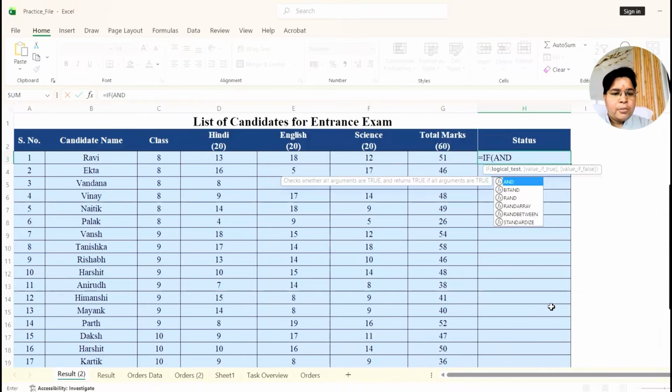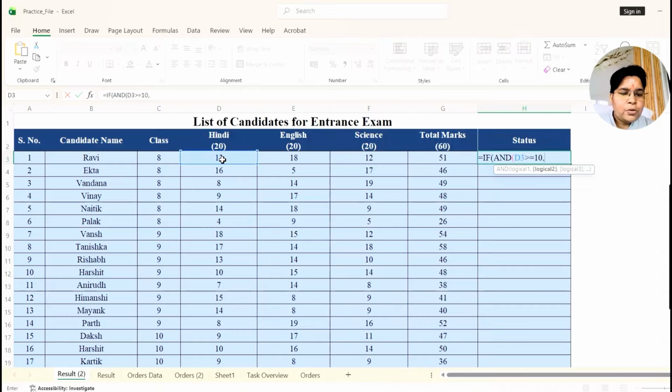So for using 3 conditions on Hindi, English and science, we will use the AND function. Then start the bracket, then the marks of Hindi start from D3, and the condition is that the D3 marks are greater than or equal to 10. Then use a comma for applying the second condition. The second condition we will implement on the English subject. English marks start from E3, then again greater than or equal to 10.